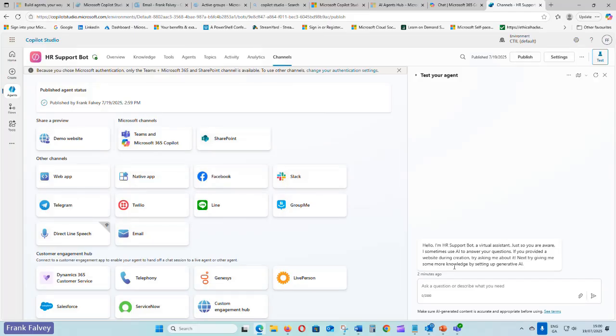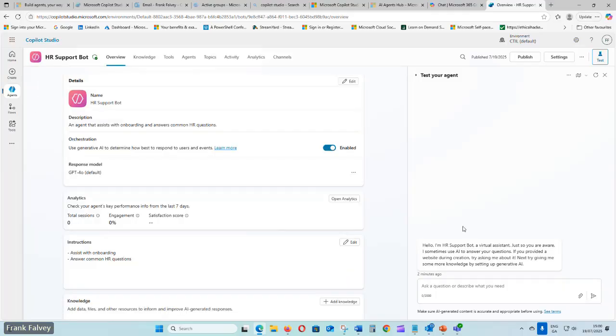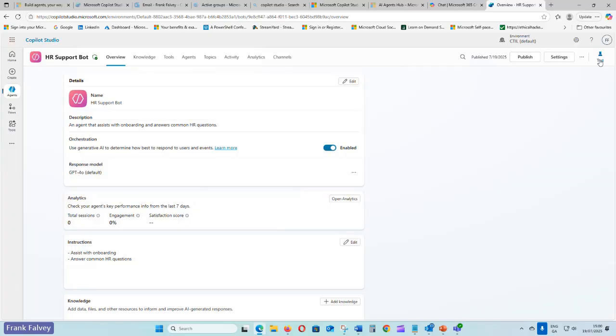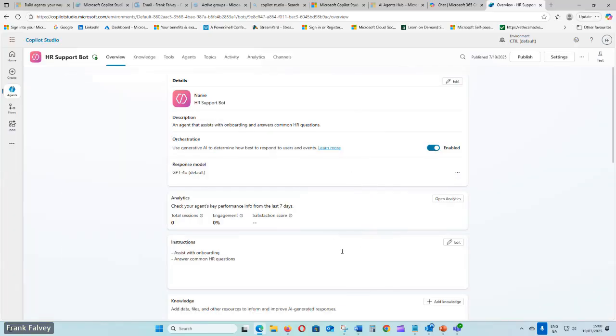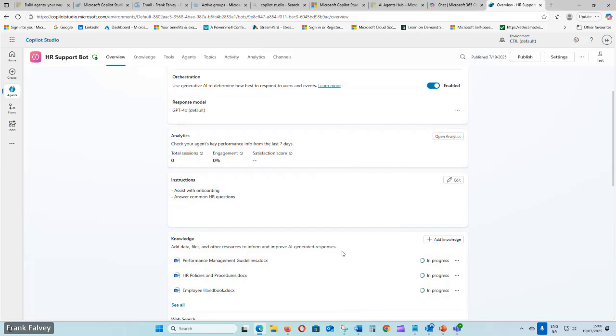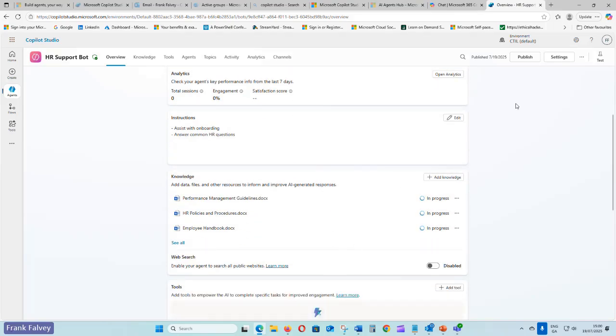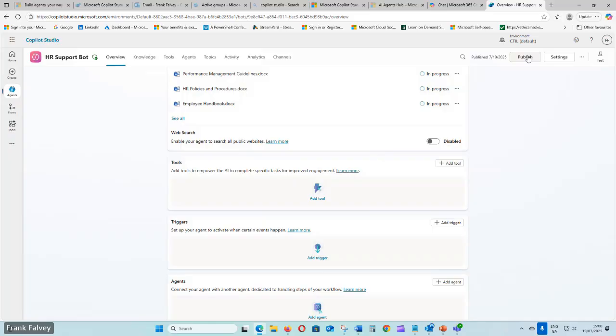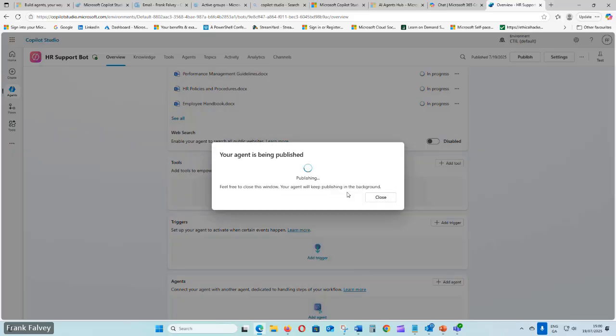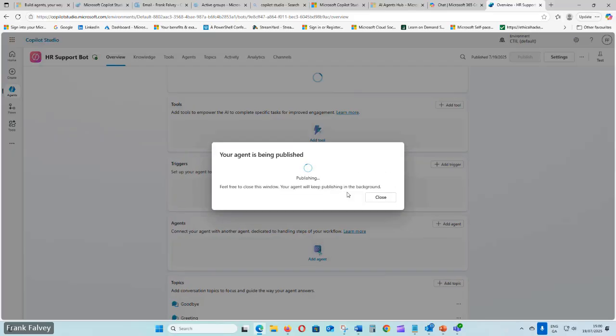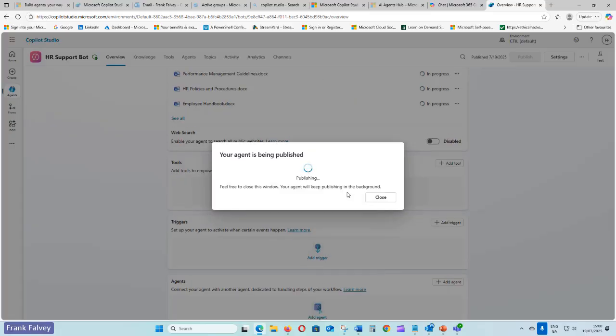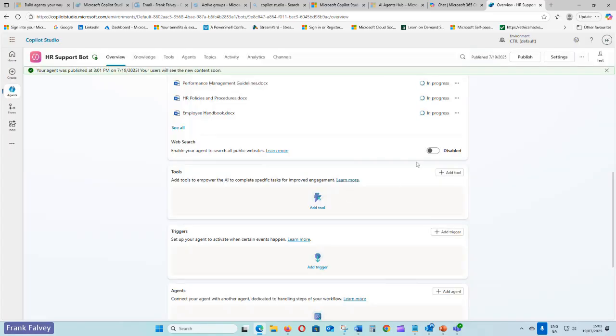So over here, there is our agent, so we can test the agent. Okay, it says published. Just give it 2 seconds, and then we'll ask it some questions and see what it comes back with. So we're just going to test it here.